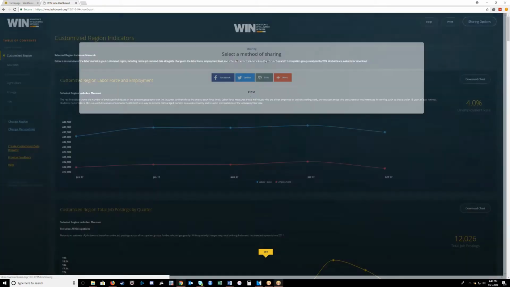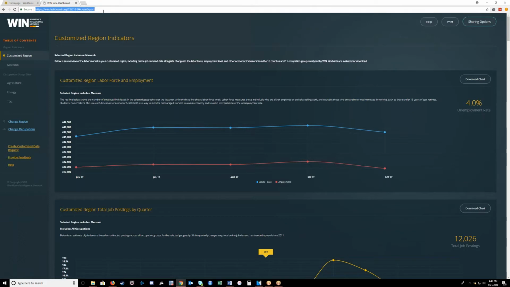We can close out the sharing options and actually use the hyperlink in the browser. You can copy this and save it to a Microsoft Word document, send it out in an email, or even favorite this link. Saving this web address will allow you to go right back to the report you were looking at, and as time changes, see how the data is moving. You can check every month, quarter, year, or whenever you'd like to follow the data as it updates.